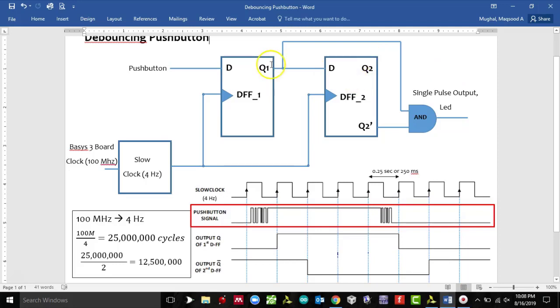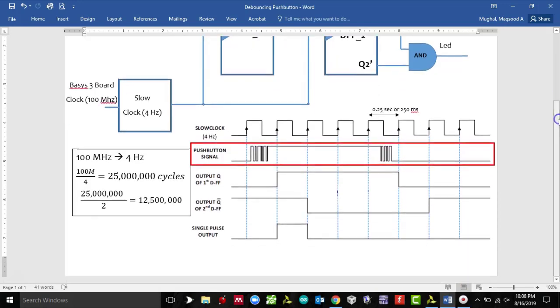So Q2 is basically Q1, right? Because Q1 is going to input into D, and then D is eventually going to be Q2 when the positive edge of the clock arrives, and then Q2 bar is going to be the complement of Q2. So if you look at the output Q bar right here, the complement of 0 is going to be 1,